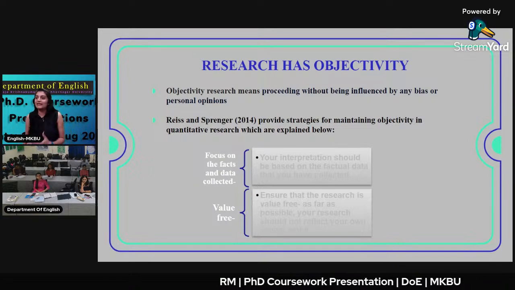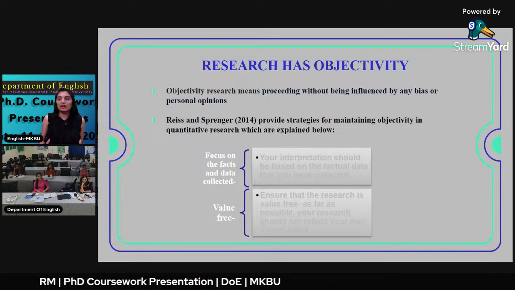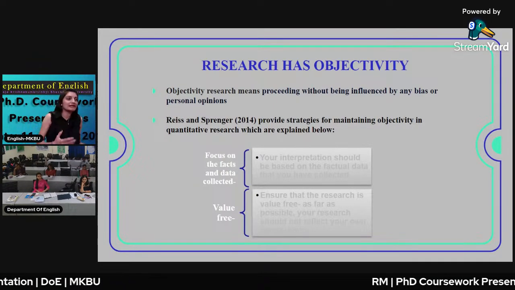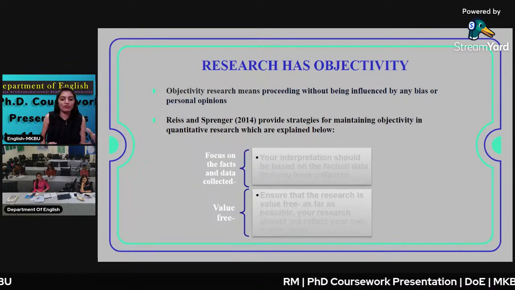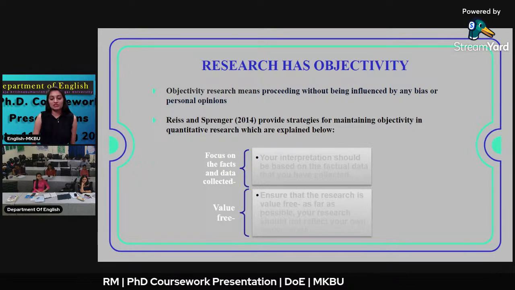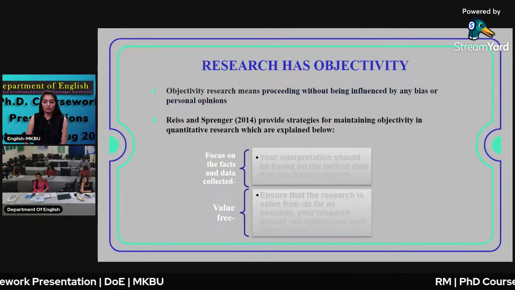Your own data sometimes creates problems for you. So keep some factual evidence, or keep track of your data, where you have taken it from; this is what is called focusing on the facts of the data collected. Value free: ensure that the researcher's values are kept out as far as possible. Your research should not reflect your own